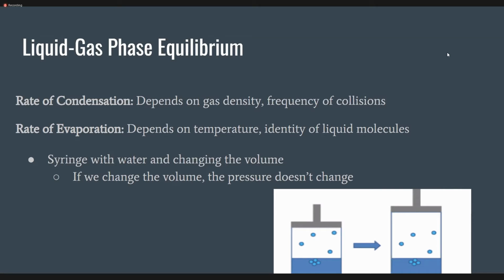So if we're increasing the rate of evaporation, and at equilibrium the rate of evaporation and condensation are equal, then we must also increase the rate of condensation. So both of them are going to be higher at equilibrium and we'll have a higher vapor pressure. But if you change anything else, if you change concentration, if you change volume above a liquid, we don't expect